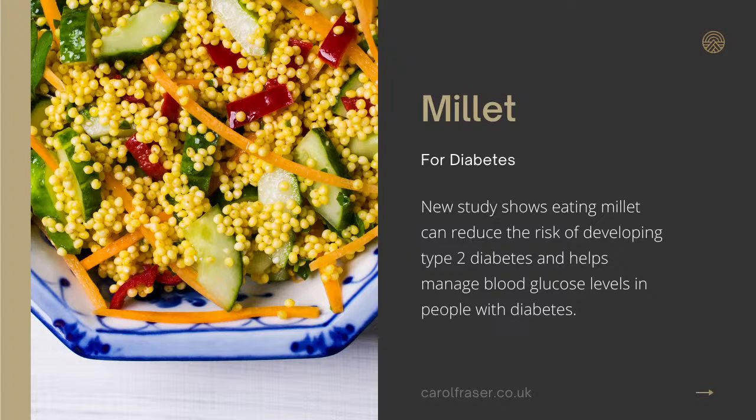Now, remember I mentioned millet. A new study shows that eating millet can reduce the risk of developing type 2 diabetes. So this is great as a preventative food, and it helps manage glucose levels in people with diabetes. It's versatile, again, and it's high in minerals and vitamins,